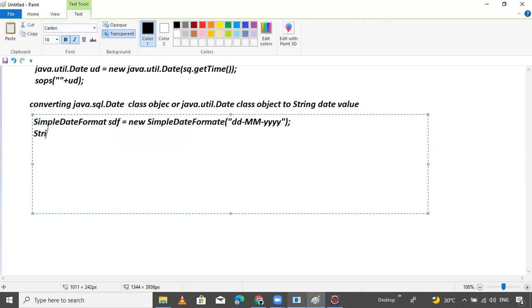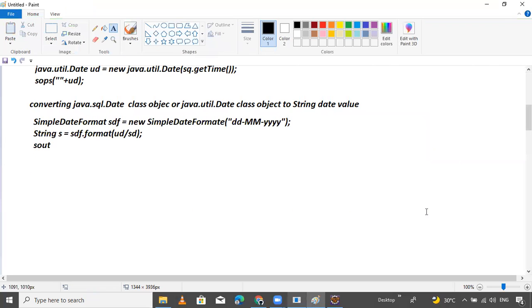That's it. Provide one string to store the data: s equals to sdf.format, passing that. Otherwise, both the values you can pass, ud or sql also. Just simple, out print what?